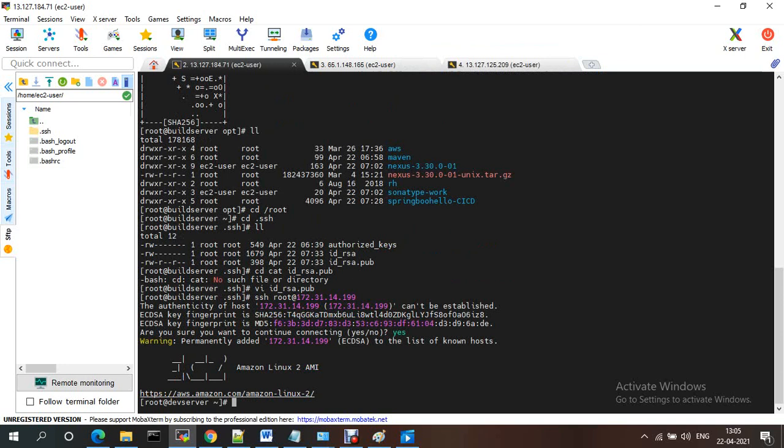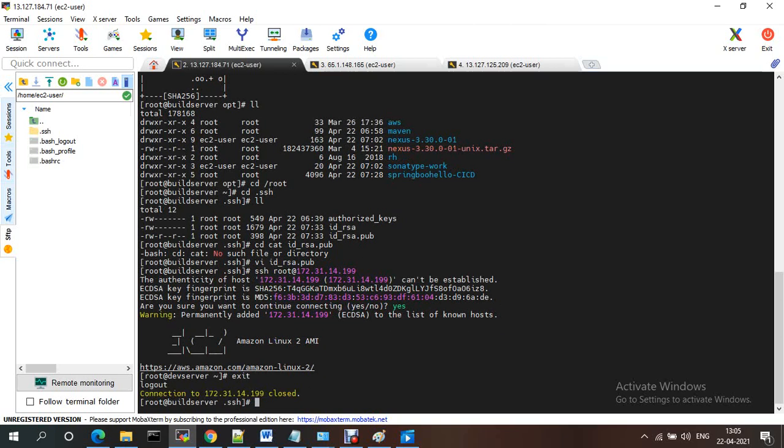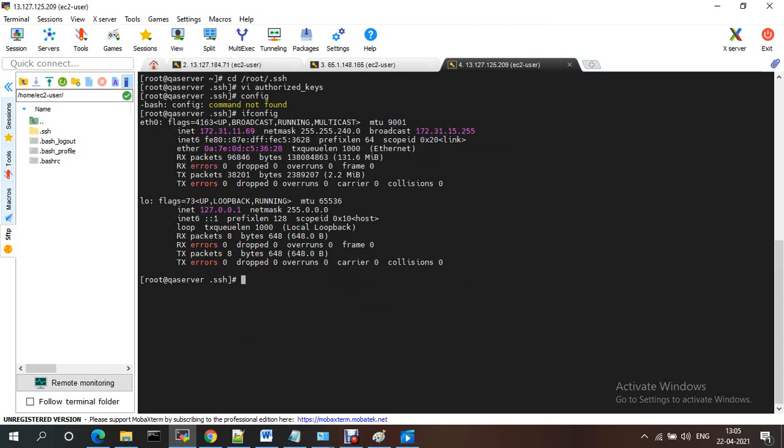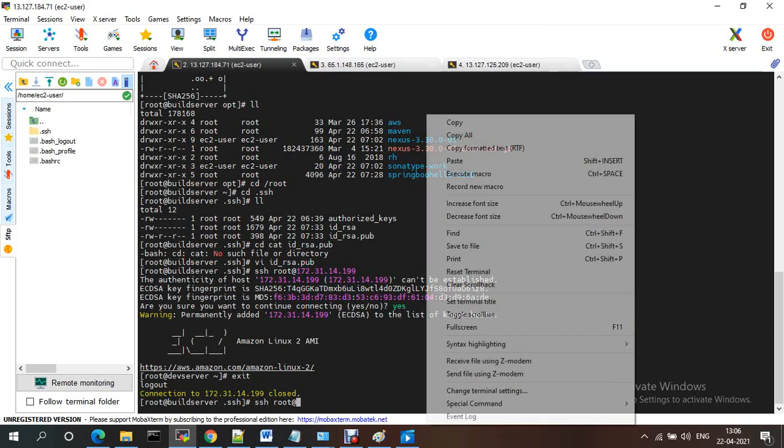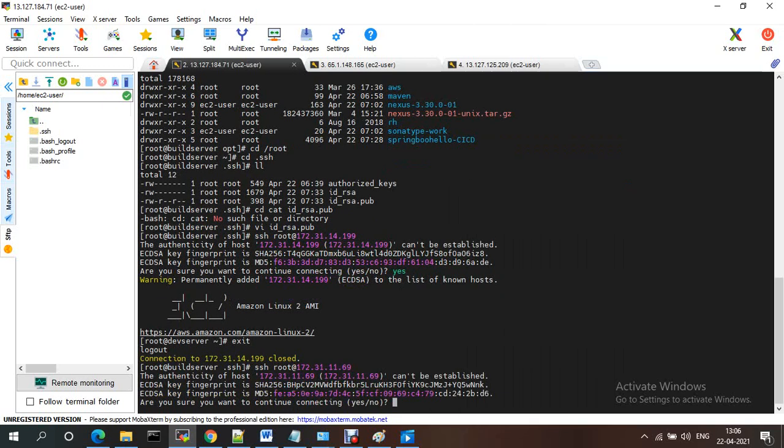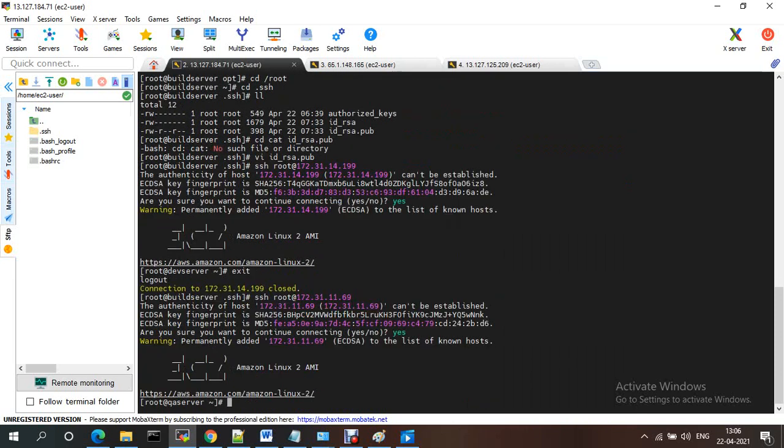See, now I'm in the dev server. From my build server I am able to log into the dev server without a password. I exit, and the same way I try the QA server: SSH, root is the username, and the IP address. First time it asks to connect. See, I'm in the QA server, so without a password I'm able to SSH into the server.